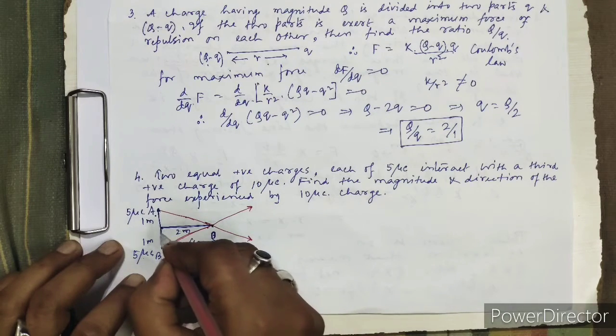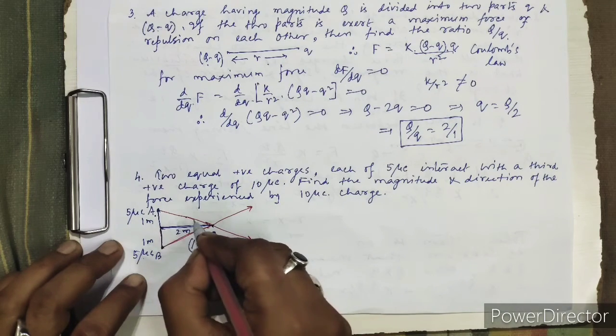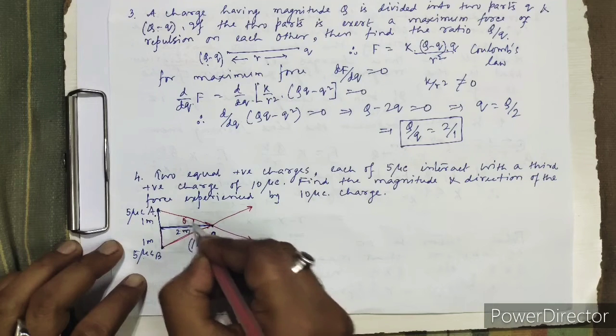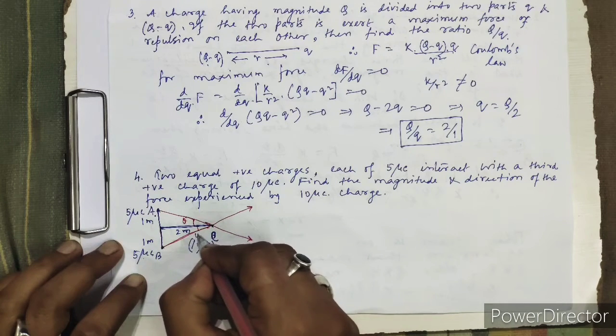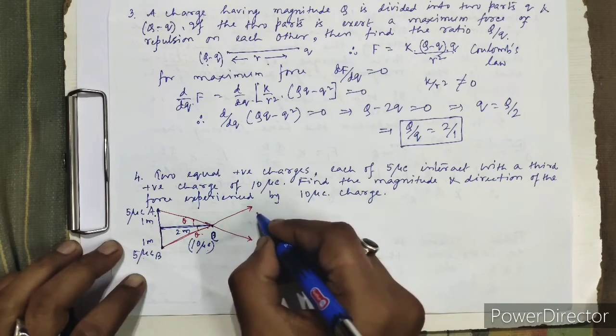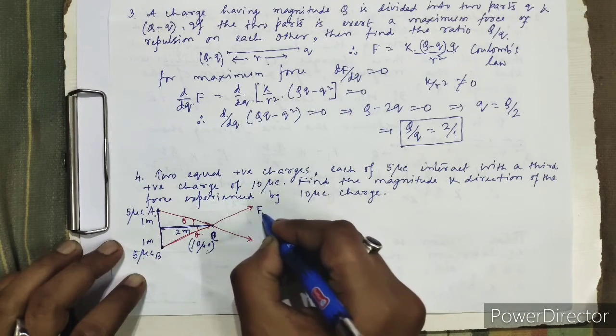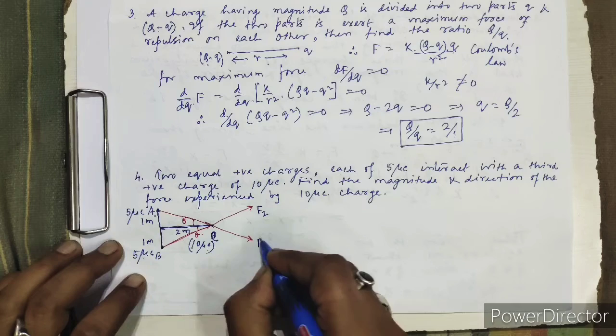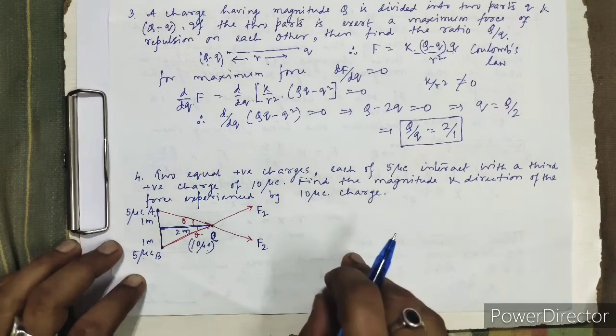If this is 1, this is 2, that means this angle is theta. Both the angles are the same, both are theta. If this is F2 and this is F1,